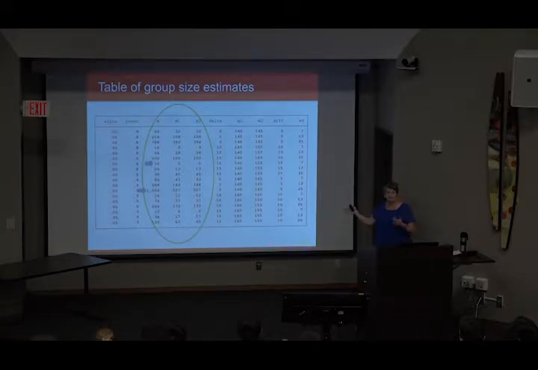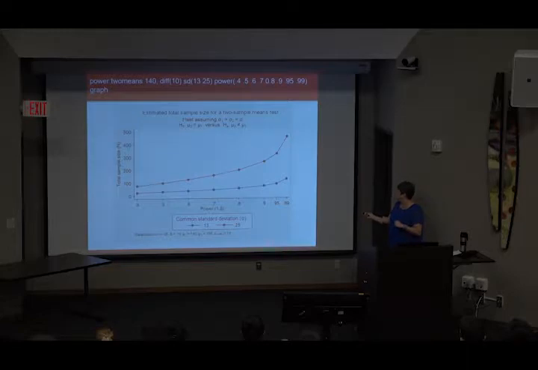And you need to think about the inputs into this and your study to decide which of these you think is your best way to go. It'll also give you some nice graphs that you can illustrate this with. So this is a more simplified version with just alpha of 0.5, a difference of 10 between the groups, and looking at 2 standard deviations, 30, 13, and 25, and calculating across a variety of powers.